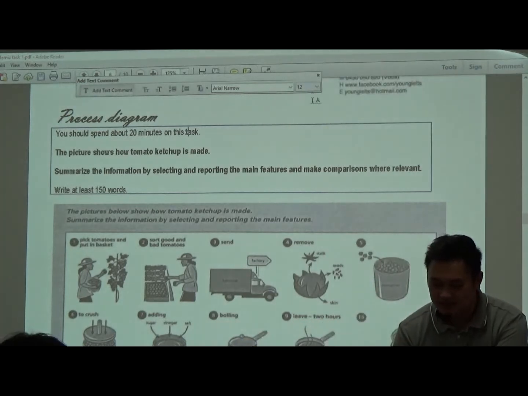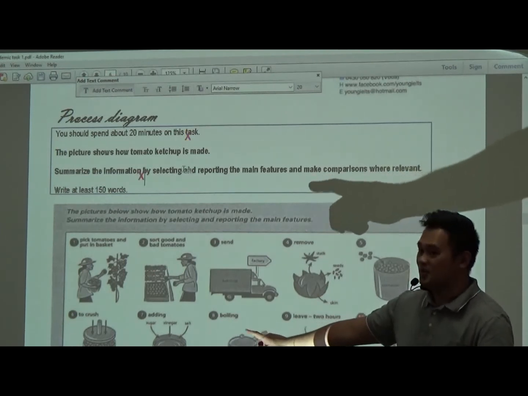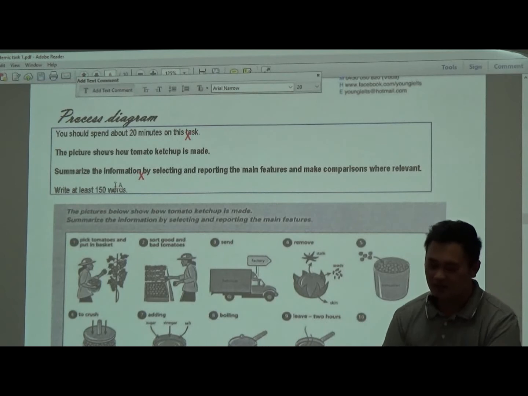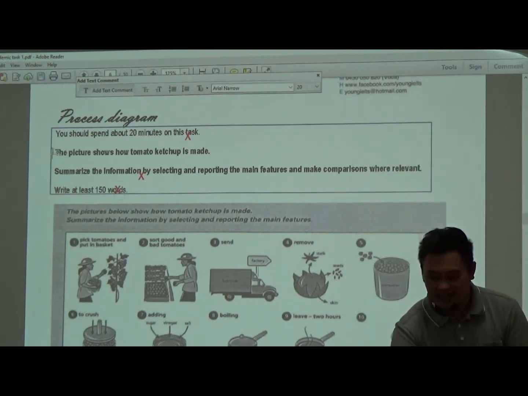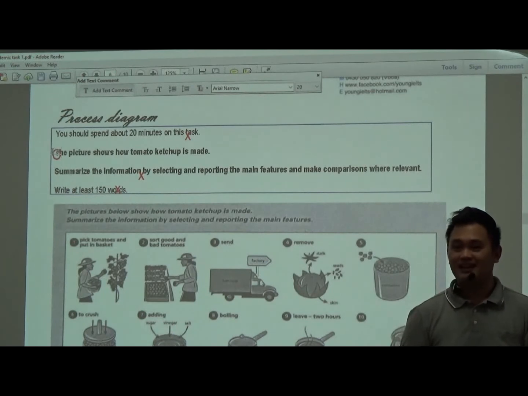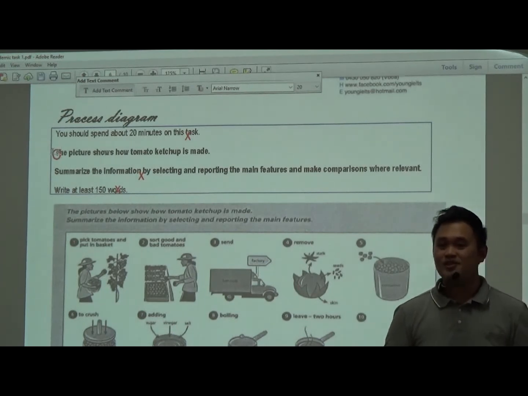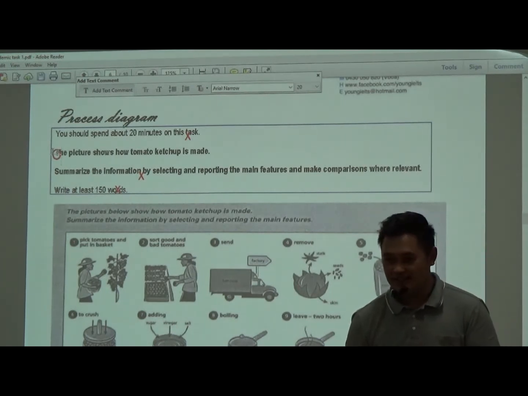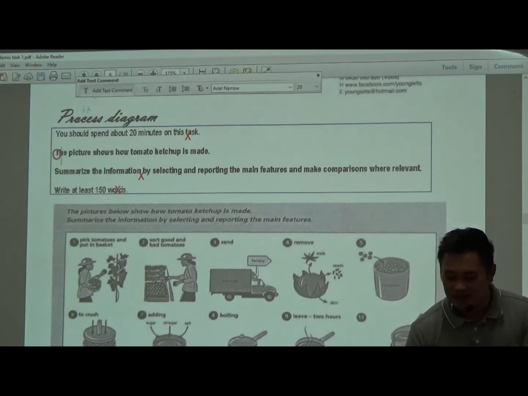That's not important. We ignore this part. That's also not important. And we ignore this part. We'll only focus on this line here. Okay? What do we have to do? We have to paraphrase. Change the words